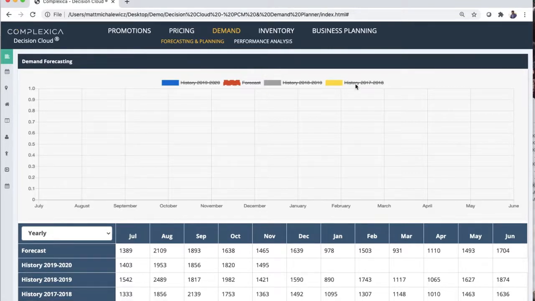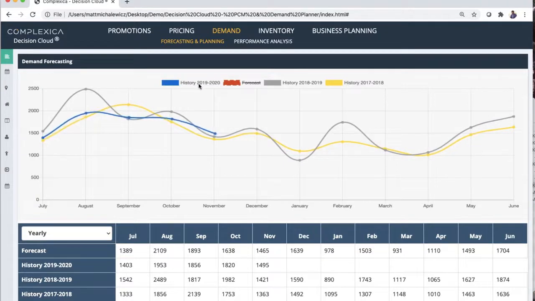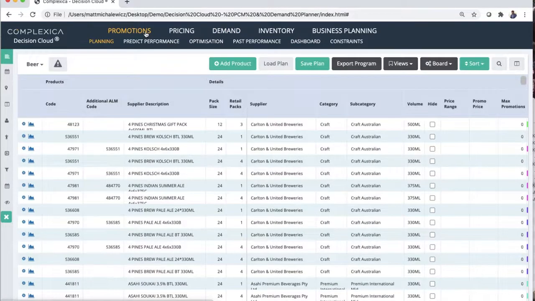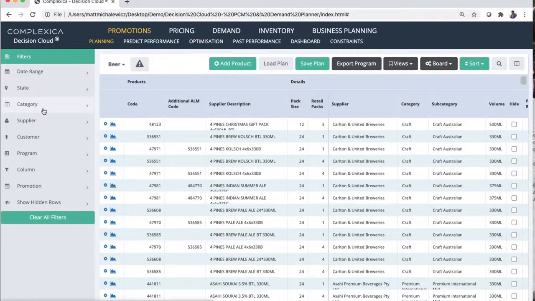And in the demand tab, when we load historical data for different products, this in conjunction with promotional information, pricing information, and external data sources allows the system to create a prediction of what we're likely to sell in the future. Another good use case and demonstration of predictive modeling, particularly within the alcohol industry, comes from trade spend optimization